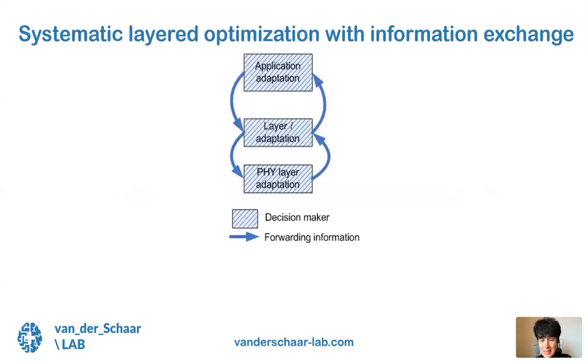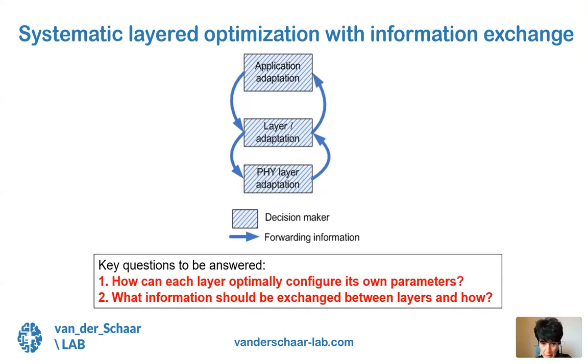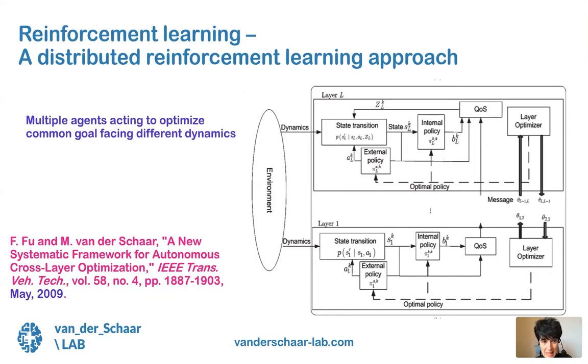So how to do that? How can we decentralize this reinforcement learning problem? How can we turn the centralized reinforcement learning problem into a decentralized reinforcement learning problem? And how do we do that effectively? And what information should the lower layer communicate to the higher layer, and conversely, the higher layers to the lower layers? We have done this type of distributed, decentralized reinforcement learning approach that respects the OSI stack in this